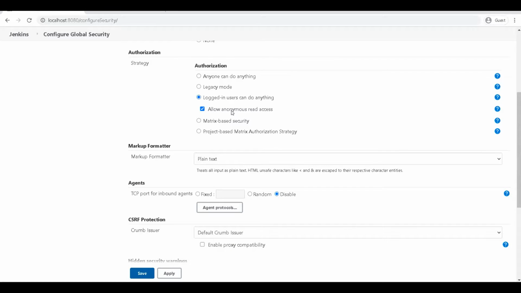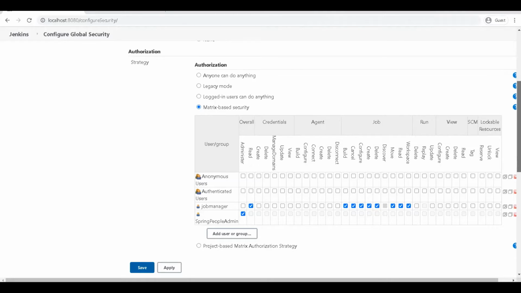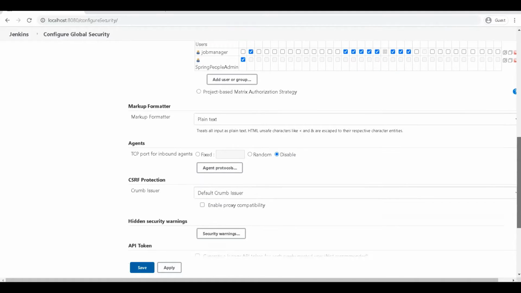This is useful when you have an internal network where only your company people can access it through VPN. Then you can have this option. Otherwise, this is the best option: if Jenkins is on a public URL, you can have an admin user and other users based on their job profile. Some users can only manage agents, some users can only manage jobs, some users can only run these commands, and so on. So this is pretty useful in that regard.